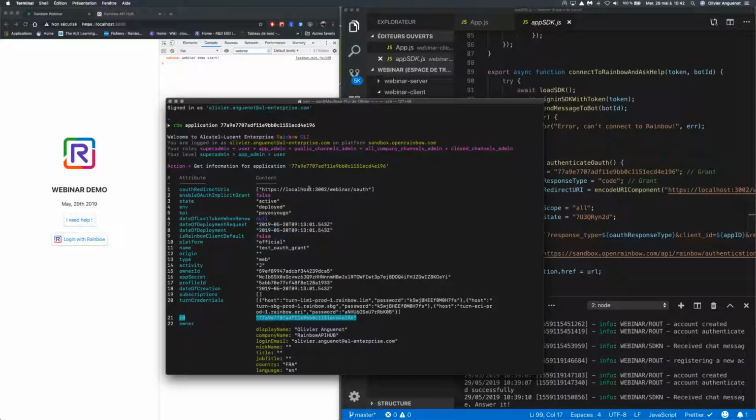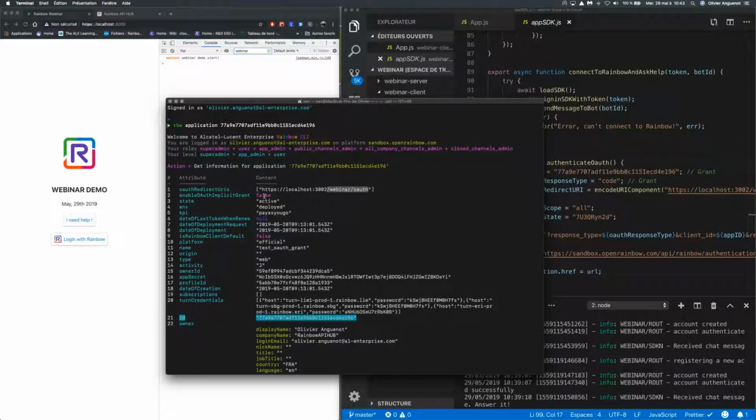So I will configure it, in fact, to ask Rainbow to call back my server with the authorization code once it has been generated. So you will see that this is my server that has been configured with a path to my function that will handle that case. Okay, and you have to be sure to see that the OAuth implicit grant flow is not activated because it's less secure. So by default, it's false, so you do not have to change it.